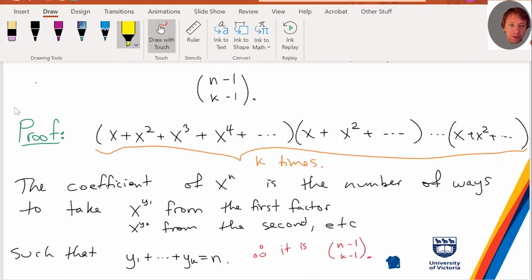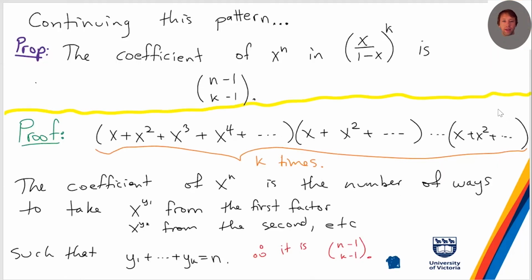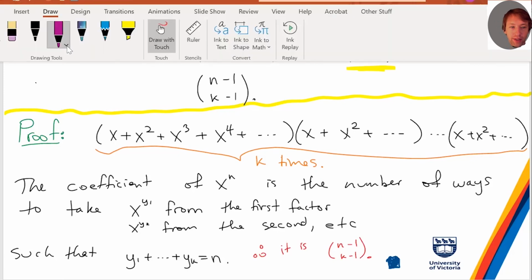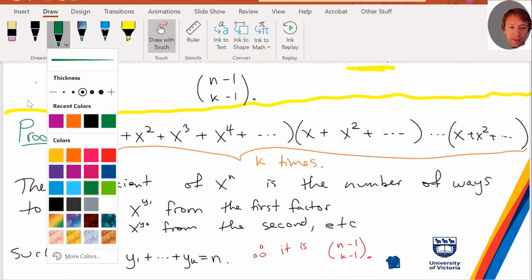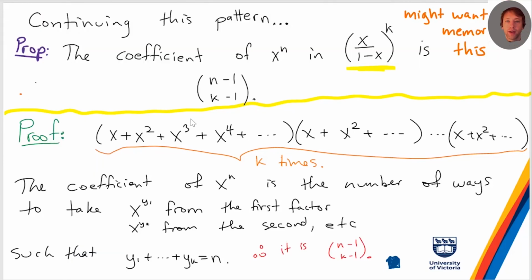What I want to prove to you now is that the coefficient of x to the n in this thing, x over 1 minus x, to the k, is n minus 1 choose k minus 1. This is just another fact that I would suggest you might want to memorize, okay? Because,